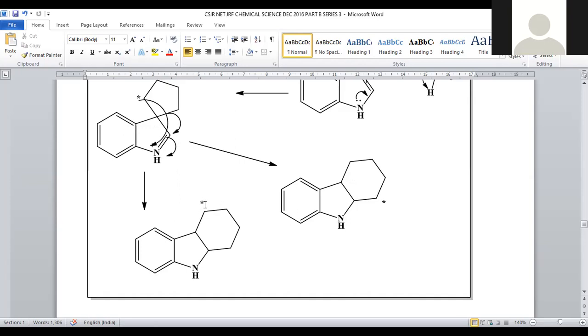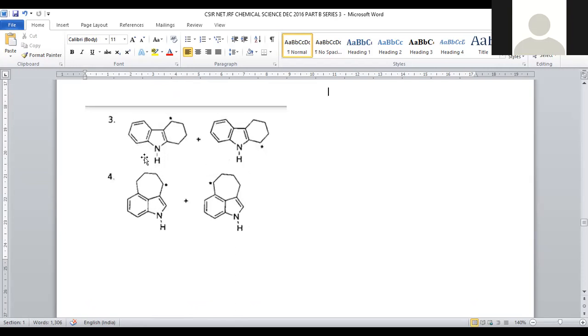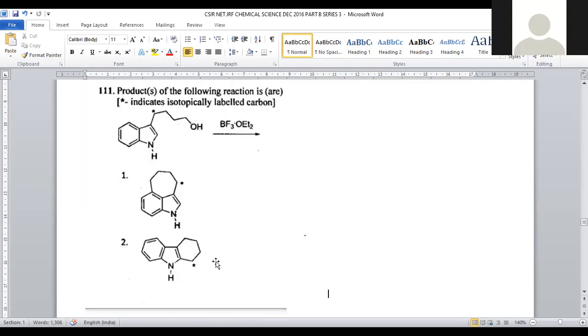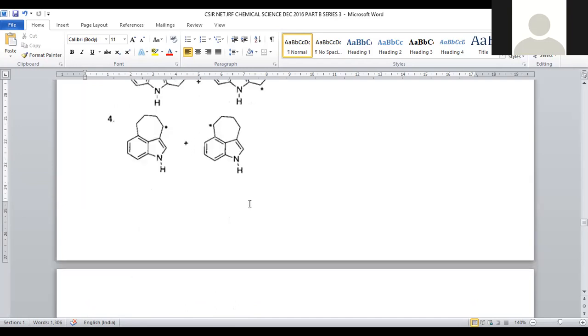If you are not mentioning the labeled carbon, we can't find, both become identical. If you mention the isotopic labeled carbon atom, then only you can find whether the asterisk mark is away from the nitrogen or toward the nitrogen. So both products are generated in equal proportion. So a mixture of products will be generated. There is no provision for the generation of a 7-membered ring. Being more stable, the 6-membered ring will favor the final product formation. So that's the reason why for question number 111, option number 3 is the correct answer, right?